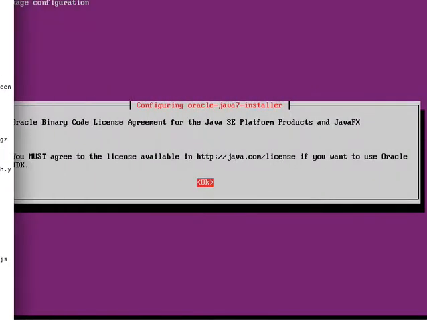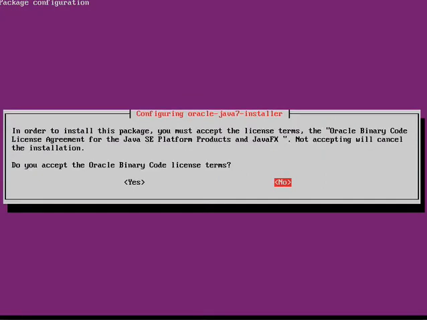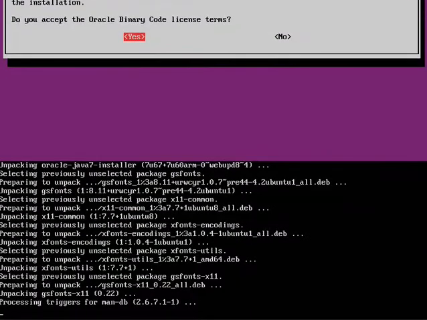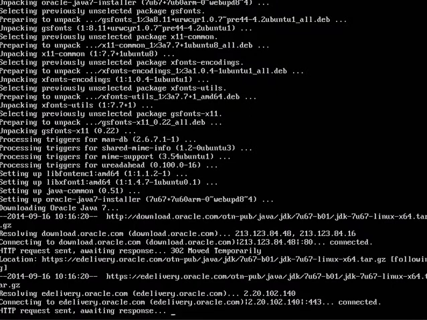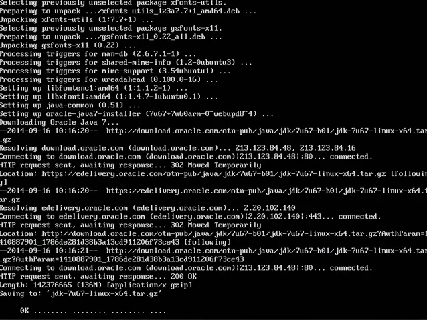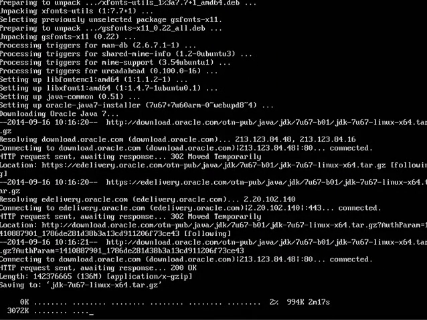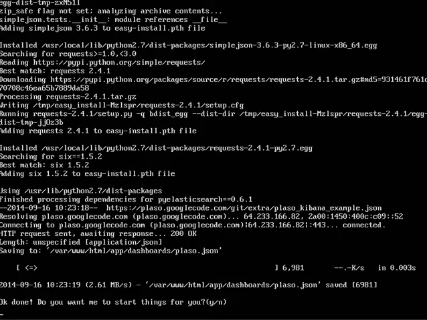So let's see where we are here. Of course, you got to do some accepting, so I'm going to pause it here for now. I don't think you guys need to see this. Okay, so once everything's done, and hopefully nothing has completely errored out on you, you should then get the okay, done. Do you want to start things up? And you can click yes or no. If you click yes,